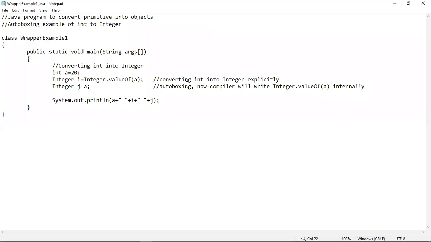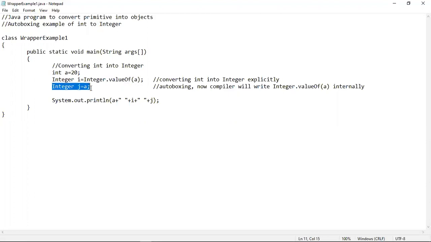So this is a simple program that shows the same thing that I just showed you. This is a primitive variable which contains 20. The primitive data type associated with it is int, and here we are using the wrapper class for the int data type, which is Integer. The I should be capital. Remember that every wrapper class corresponding to every primitive data type is written with the first letter capital. Then this is the variable of this Integer class, and this valueOf method is doing the conversion explicitly.